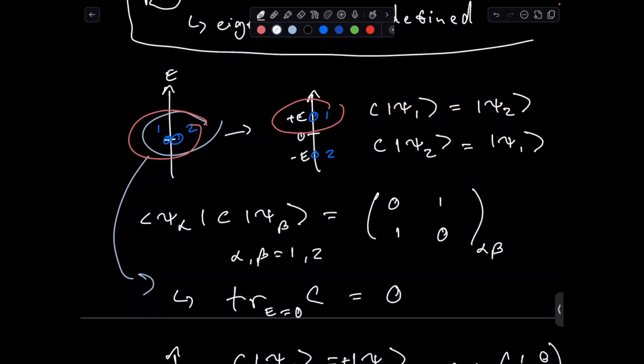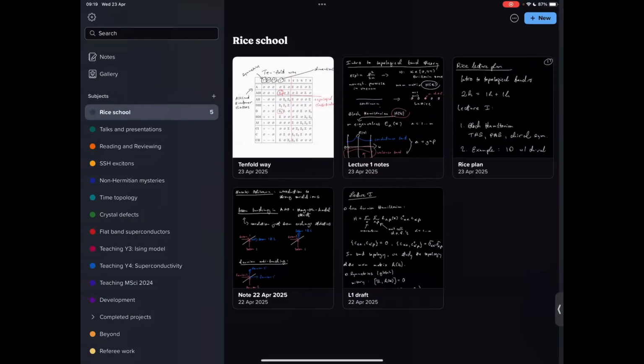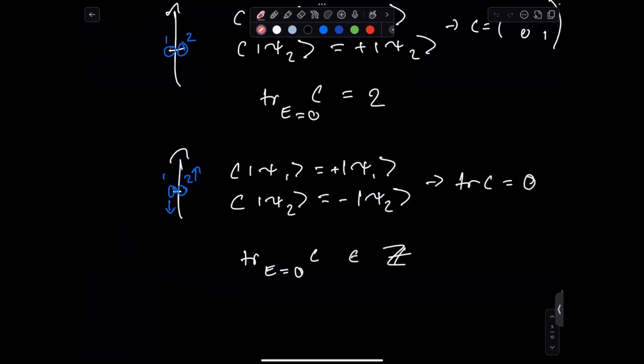Okay, so just to look up here, that shows the Z classification because this trace of the chiral symmetry is any integer. As long as it's different, say you have trace equal n and then another system where the trace is some n prime, then these two systems cannot ever be adiabatically deformed to one another, because we cannot move these states out of the gap and we cannot bring them in. The converse is also true. If I want to add some new set of states over here,